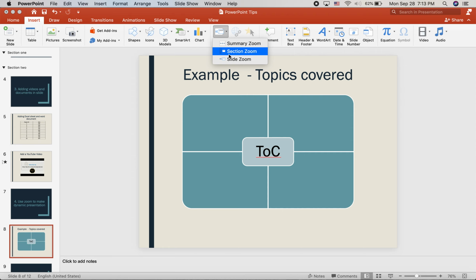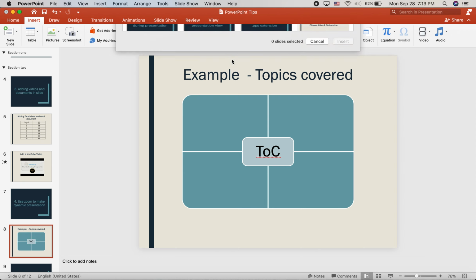So it gives you an option for summary zoom, section zoom, as well as slide zoom. Section zoom will allow you to add section slides, the sections that you've already created, into your canvas slide. Let us select the slide zoom option here.